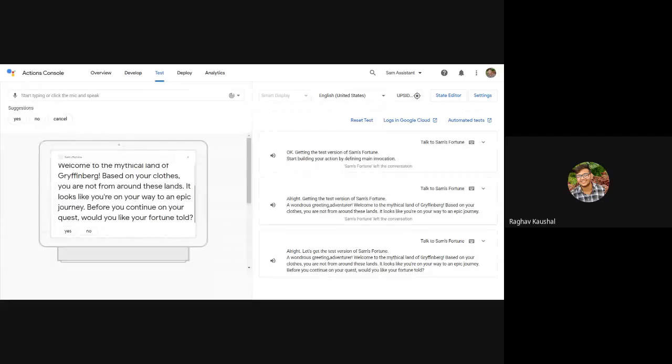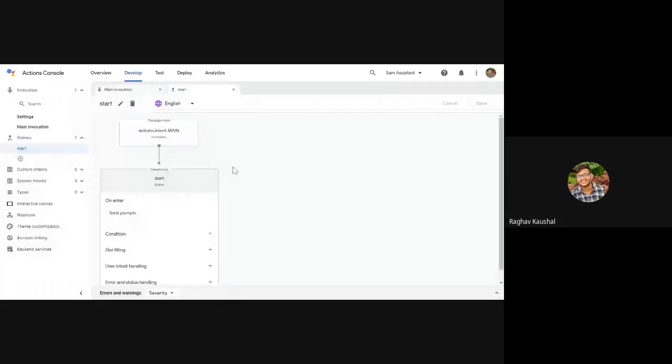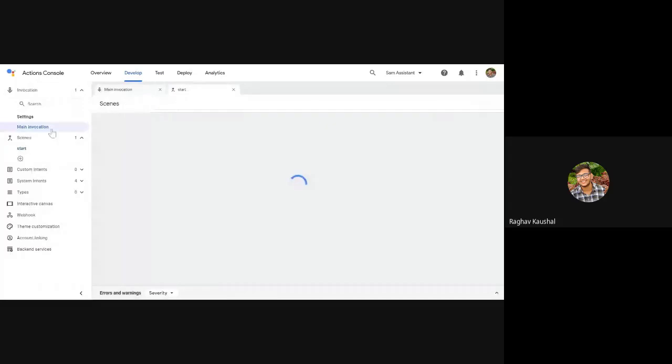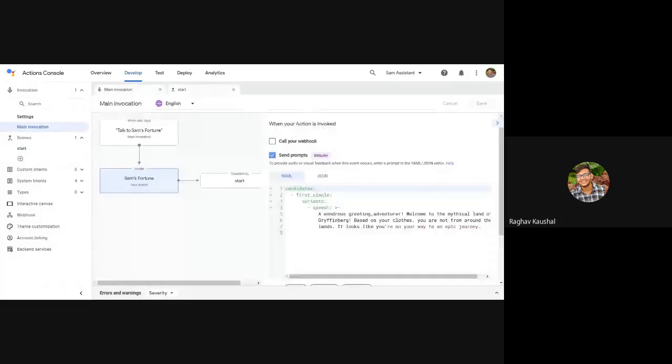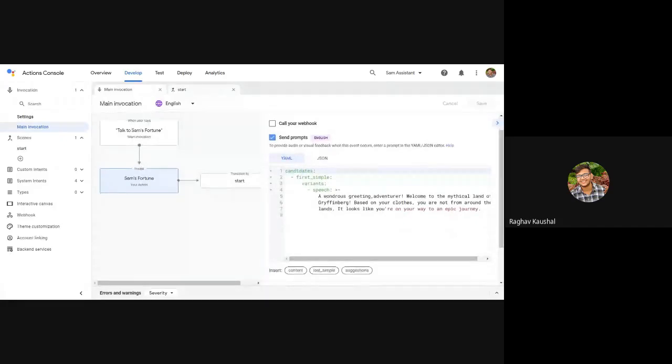Can you show the main invocation screen again? It's showing invalid prompt syntax on my screen. Okay, so you might have made some small mistake. Check whether you haven't erased the prompt. Do you want me to? Okay, wait.